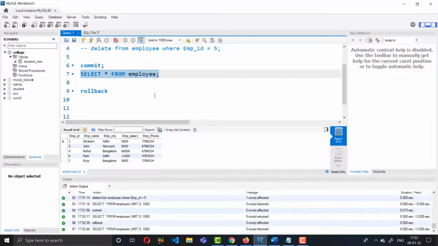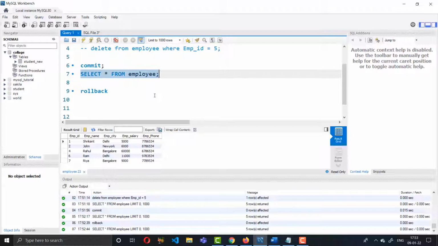Whatever operation you are doing, manipulating data, changing the data, or updating your tables, if you have not used the commit clause, you can roll back your data and retrieve your old data.